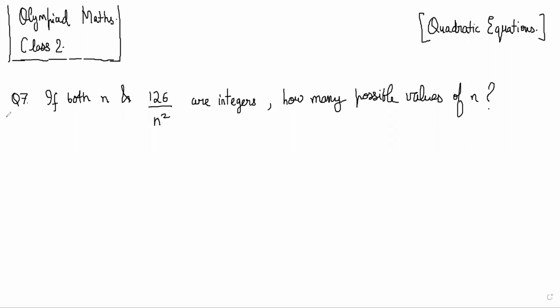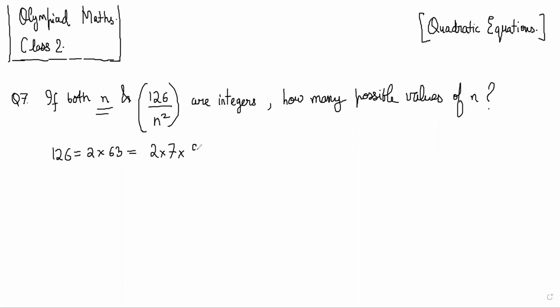Okay, so think about it. N is supposed to be an integer, and somehow we have to divide 126 by n square, and that is also supposed to be an integer, right? Yeah, I was thinking we'll do prime factorization. So that is correct, because 126 you can clearly see is 2 into 63, which is 2 into 7 into